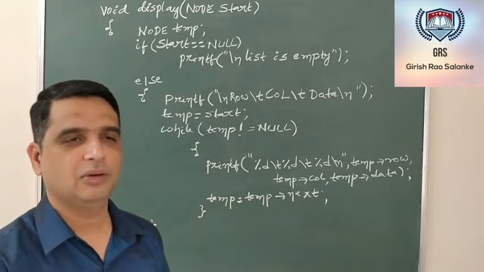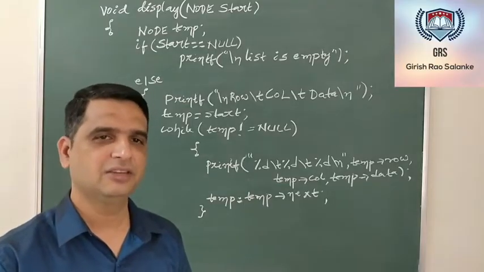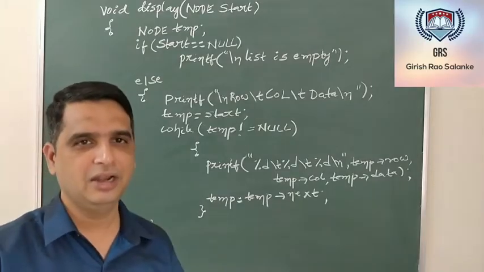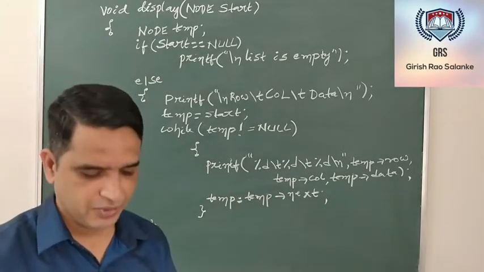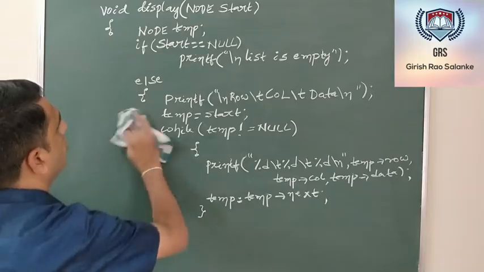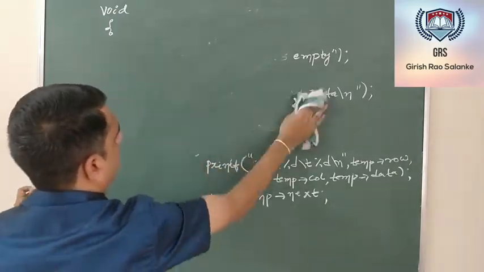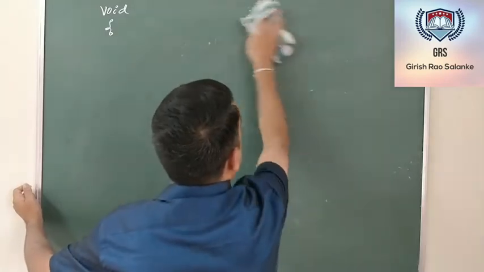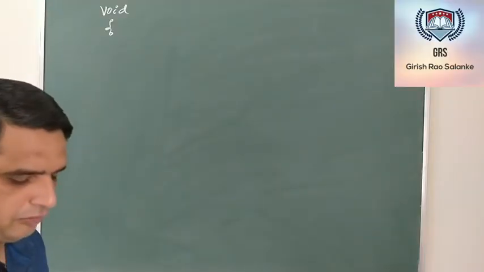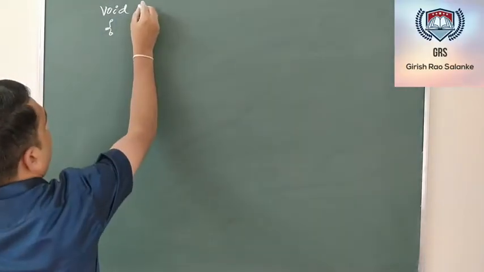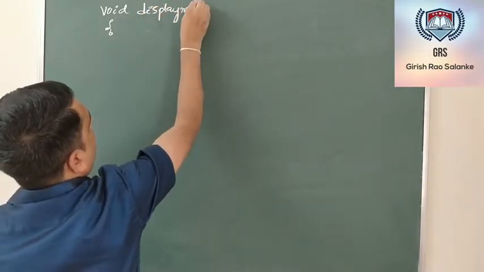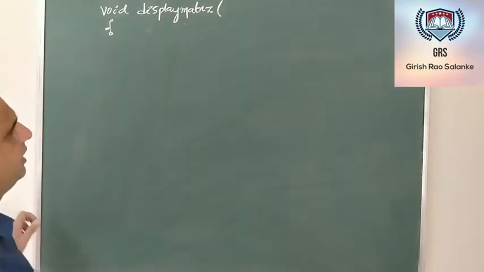As I told earlier, what is our objective? Our objective is to read a matrix, construct a doubly linked list from the matrix, and display the doubly linked list. Now, assuming that the doubly linked list is there, we will regenerate the matrix. So I'll write one more function. Let me take the function name as display matrix. Earlier it was just display, wherein we displayed the content of the doubly linked list. Now we'll write display matrix.